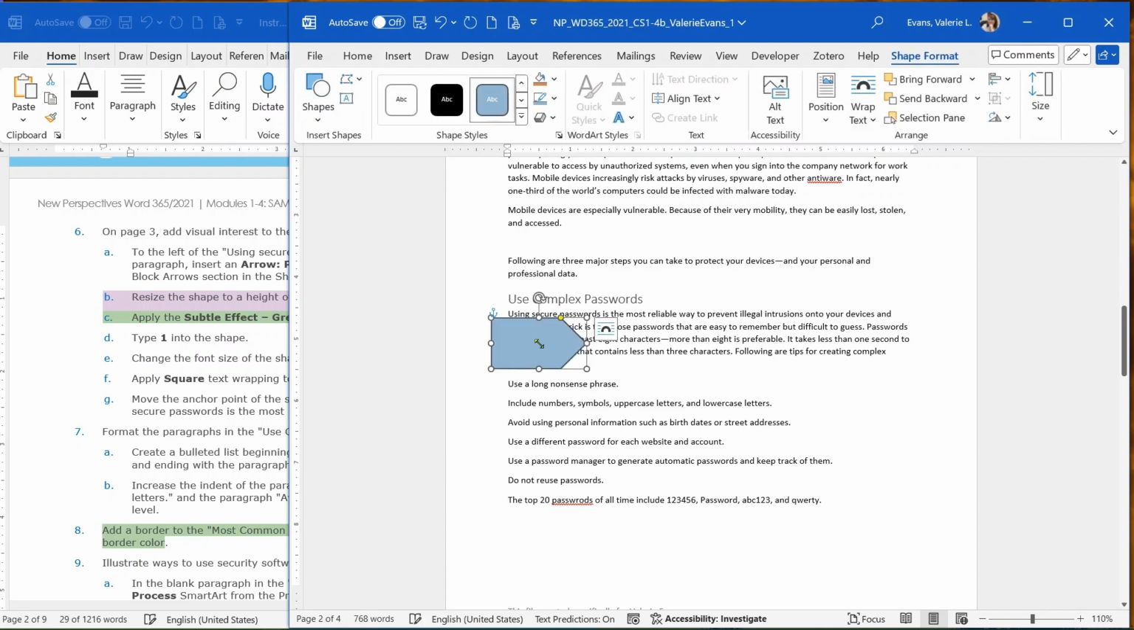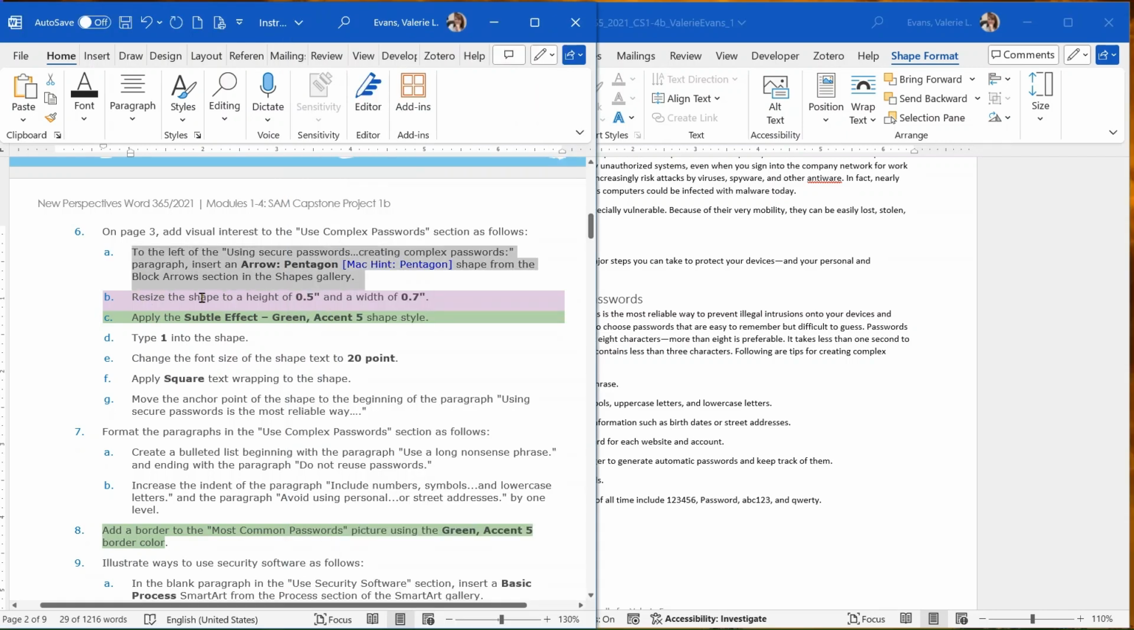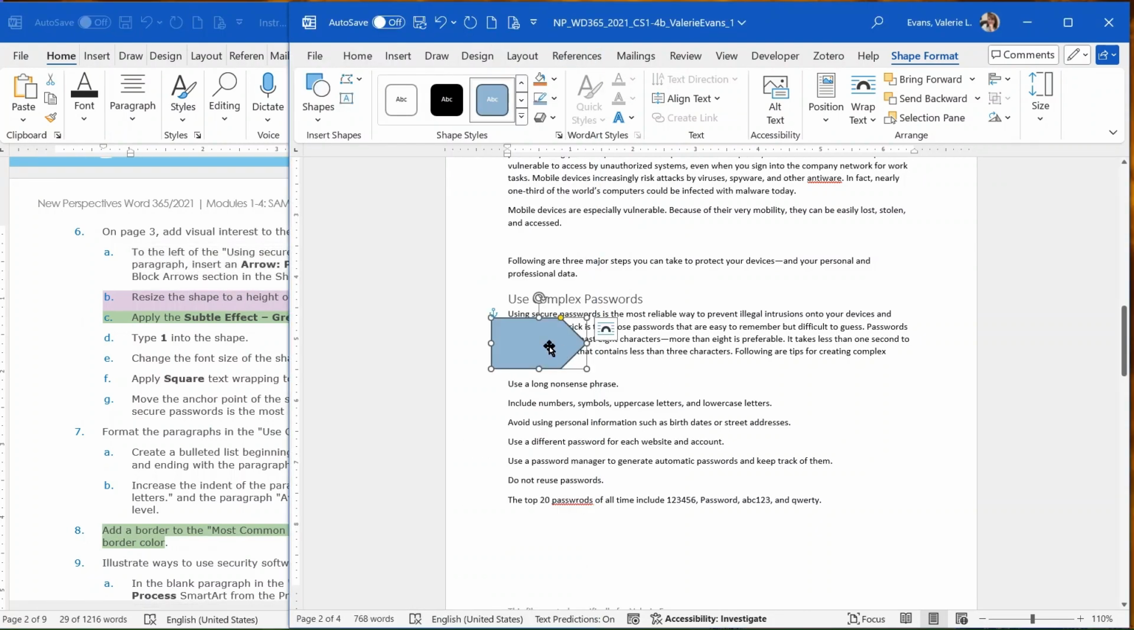I'm not terribly concerned about the size right now because I've definitely got more steps to do here. Okay, so the arrow pentagon is there. Resize the shape to 0.5 high and 0.7 wide. All right, so remember those dynamic tabs that I mentioned. Here's the shape tab, making sure that it's activated. Right, here's my size button. So 0.5 height,